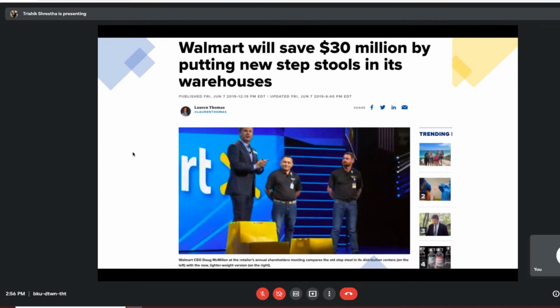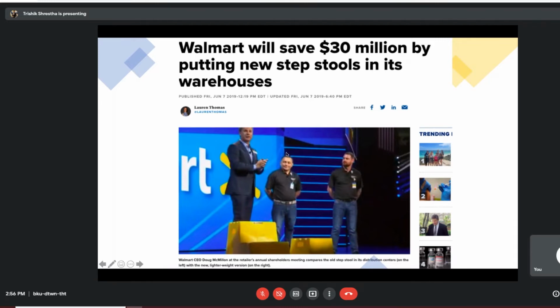The stool was kept there so that the people who are in the warehouses, the people who are loading and unloading the trucks, can use these 2-step stools to have an easier time loading and unloading the trucks. But it was not being used. Why? Because these stools were a bit heavy. And when it's heavy, and combine that with having to move that stool around a couple of 100 times, employees were completely throwing out their backs by just moving that stool around. And that is why the stool was not being used.